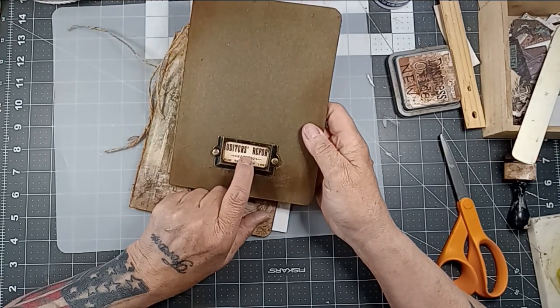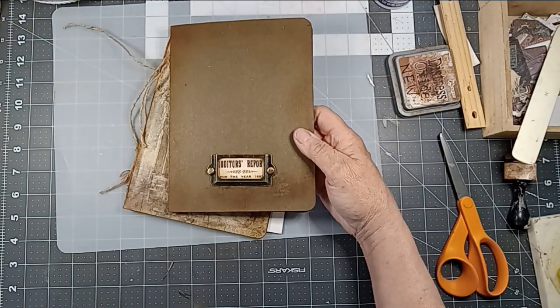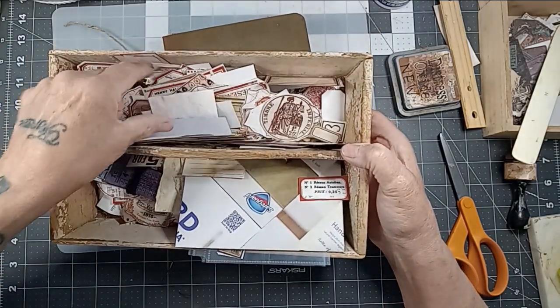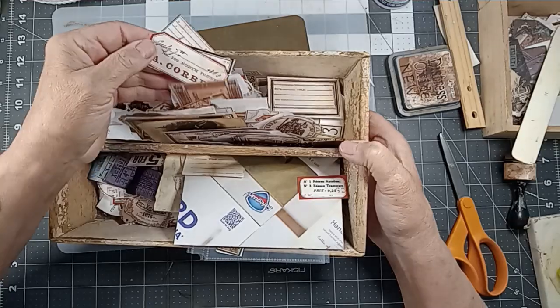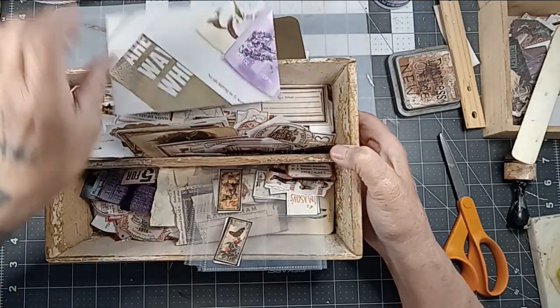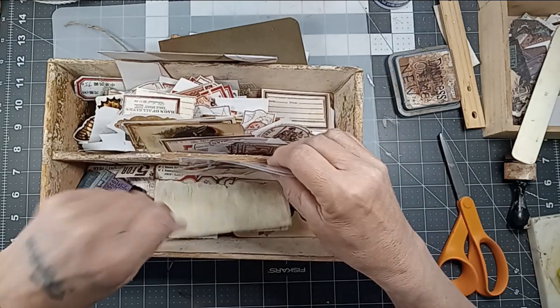These, I cannot remember who they're from, but I bought like 3 kits. I think they're called Red Kit. You can see the reds. And I don't know what the other kit was called, but